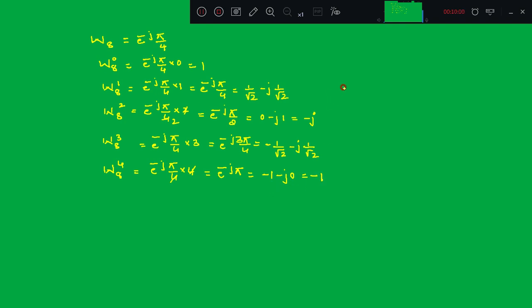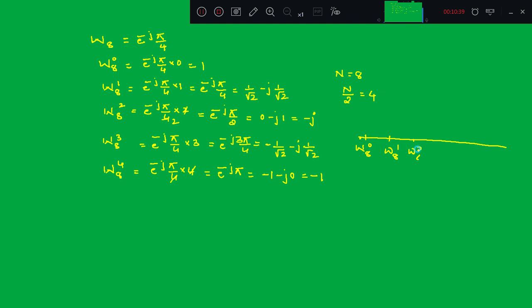So if the length of sequence N is equal to 8, you just take N by 2, that is the midpoint value, which is equal to 4. You calculate the twiddle factor values up to the midpoint value, that is N by 2 is equal to 4, and for the remaining twiddle factor values you can use the property of conjugate symmetry, right? So what is conjugate symmetry? I will just explain. I will write down all the twiddle factor values here. So it is W8 raised to 0, W8 raised to 1, right?